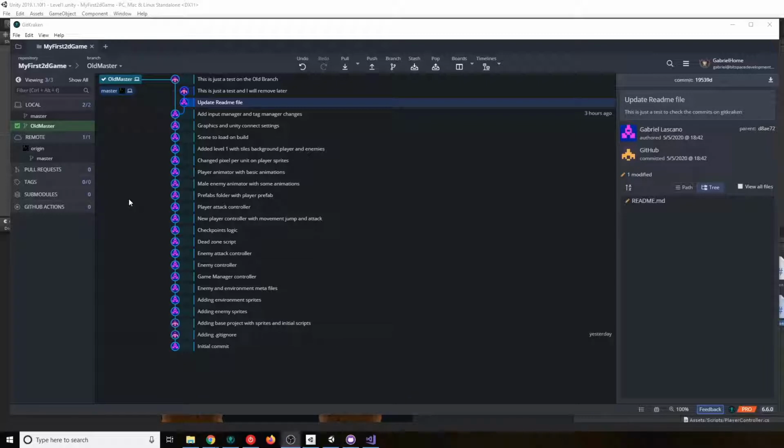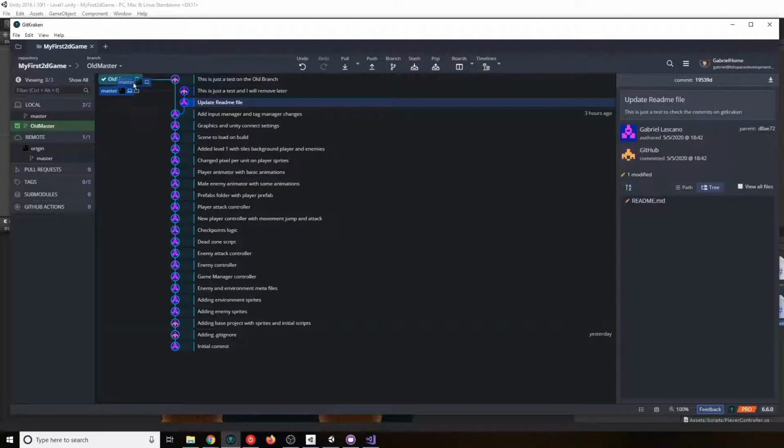Let's say, for example, our team was working on the game design, so they keep updating the scenes and the levels and everything. But we were implementing a new mechanic on the player and the enemies. We were not sure if that change was gonna go into the final product. That's why we made a branch. At the end, once we tested, it was amazing, and we decided we wanna merge into our core project.